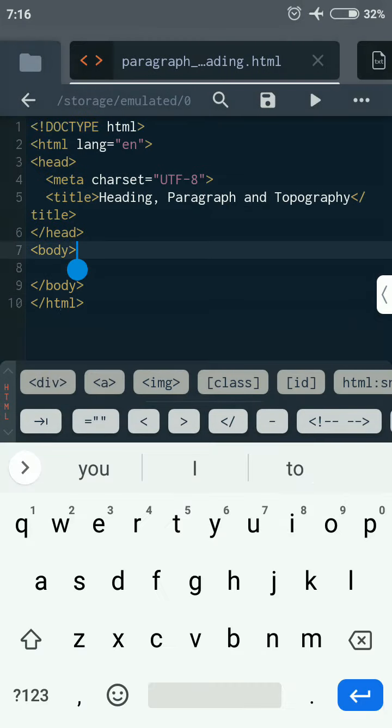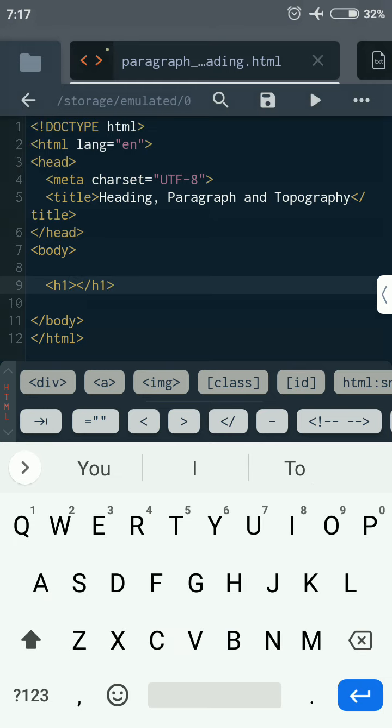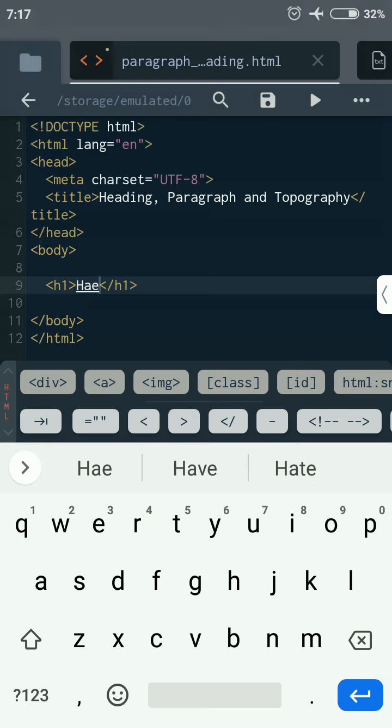So in the body we'll look at the heading. That is h1, h2, h3, h4, h5 and h6. Those are the headings that are available in the HTML language. All right, let's start with heading 1. So we're going to start by opening the angle bracket h1, and then we'll close the angle brackets, and here we are going to type some text. You can say heading 1,